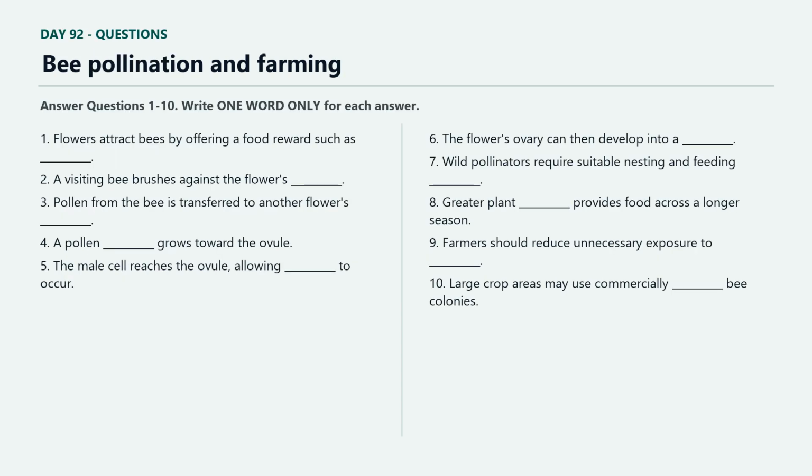Today's lecture examines bee pollination as both a biological process and an important part of agricultural production. Many flowering plants depend partly or completely on animals to transfer reproductive material between flowers. Bees are especially effective because they actively collect floral food and often visit many flowers of the same species during one trip. We will first follow what happens during and after a visit, then consider how farming practices influence pollinator